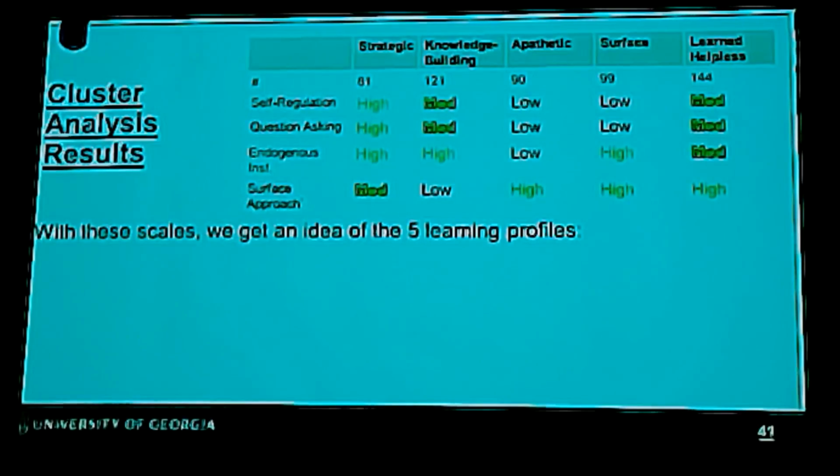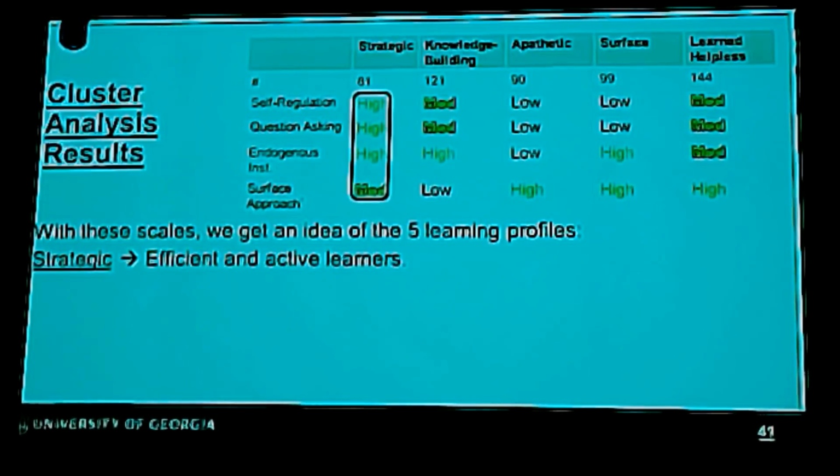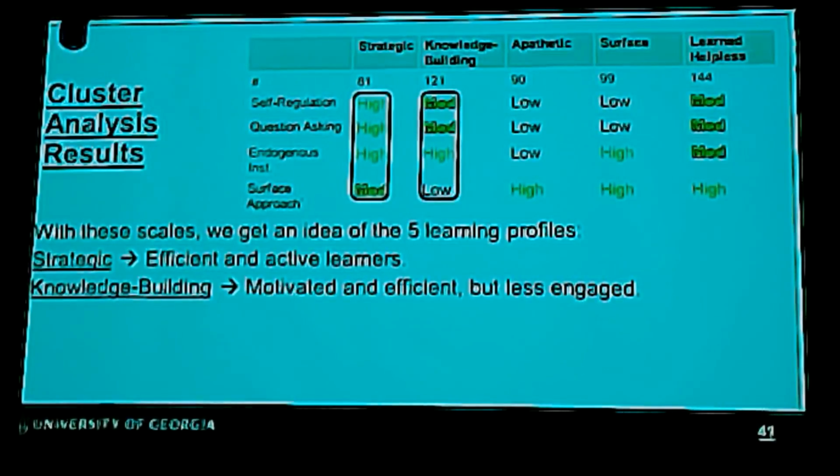So what we see here, if we keep track of all these, and of course all 8 variables are important, but these 4 help us tell a nice little story, right? Or the data tells us a nice little story, that we have these 5 learning profiles. We have a strategic student who's efficient and an active learner. We have a knowledge builder who is a little less motivated. They're not asking as many questions, they're not regulating themselves as much. Sorry, they're a little less engaged, but they're just as motivated and they're feeling fine in the class, like they're